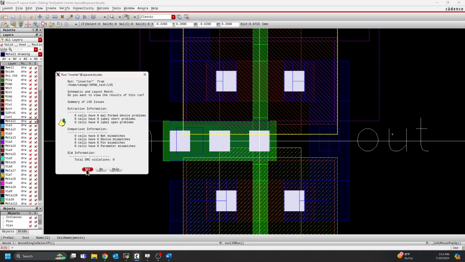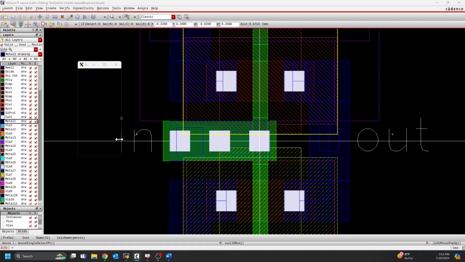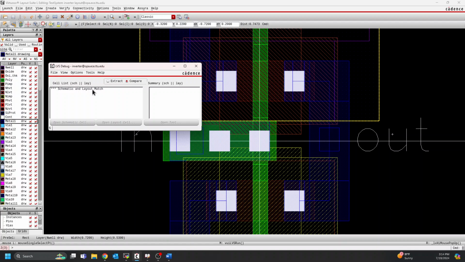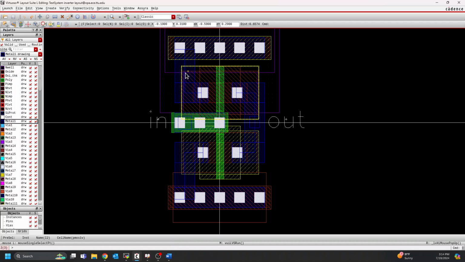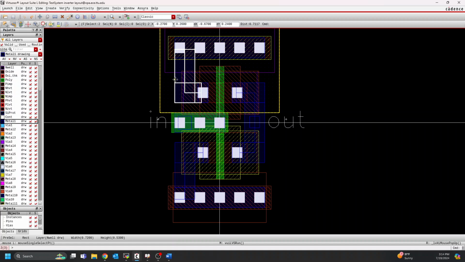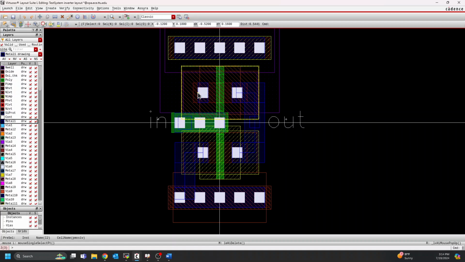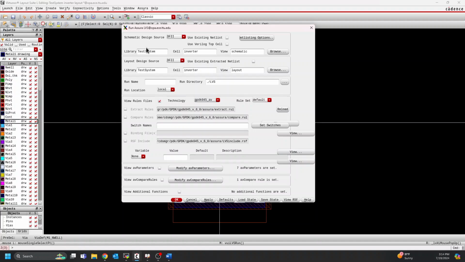So it tells us we have 0 DRC violations, but again, I like to manually check. And then it opens up this LVS debug window, but since it matches, there's nothing really to debug. Now, there are a couple of other issues that we could have, and that's what I'm going to show you right now. So for example, if I delete this trace here, now we have a floating source pin and a floating body connection here. If I try and run LVS,